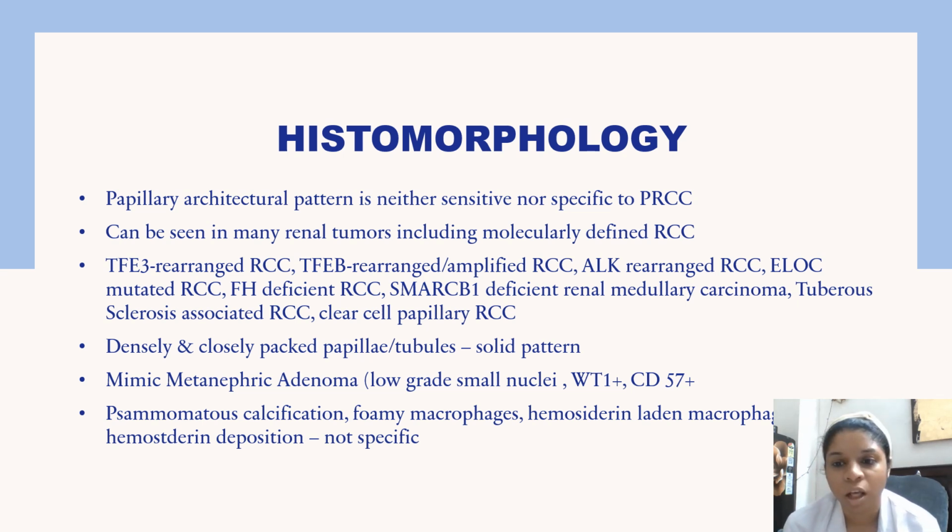And then there is also tuberous sclerosis associated RCC, and even there is an entity called clear cell papillary RCC, with both clear cell as well as papillary morphology. So now these things make it complex: just because you are seeing papillary architecture, you cannot call it papillary RCC. It should fall under the four categories which I said before: biphasic alveolar, or biphasic hyalinizing psammomatous, or reverse polarity, or Warthin-like. And in that also you have to prove that molecular alterations are there. Then only you can call it papillary RCC,